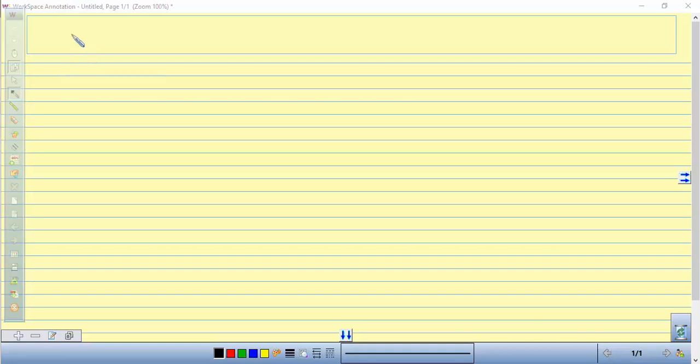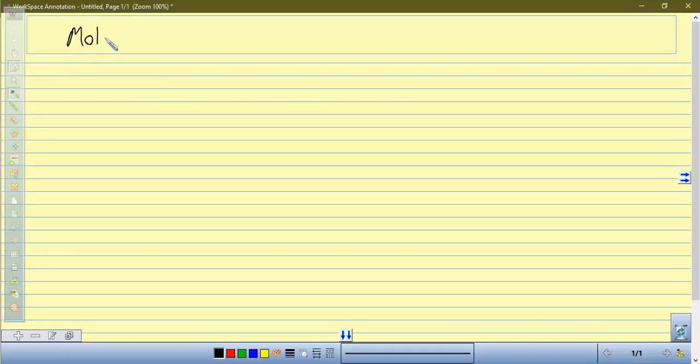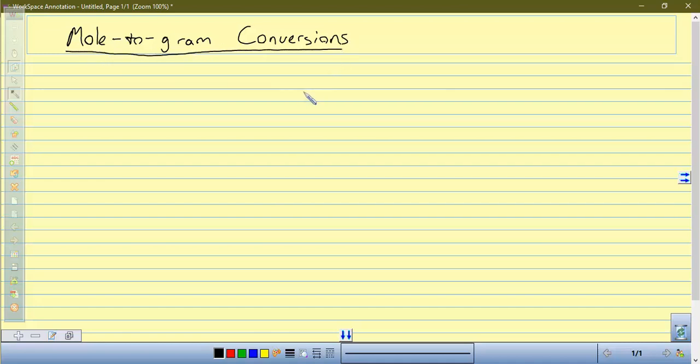In this video, we're going to look at how to convert from moles to grams of a substance. And this is a really important thing later on because we need to be able to calculate how many moles of a substance there are if we measure it on a balance. And vice versa, we need to know, okay, if a chemical reaction is going to produce X number of moles of a substance, well, how many grams is that going to be? So these conversion calculations, we're going to use them quite a lot later on when we're doing calculations on chemical